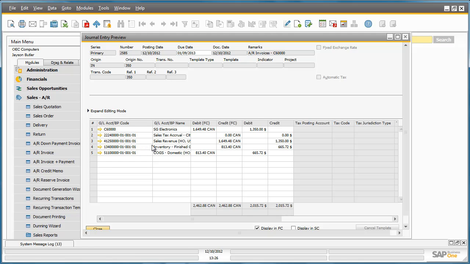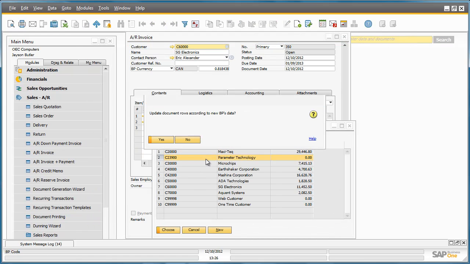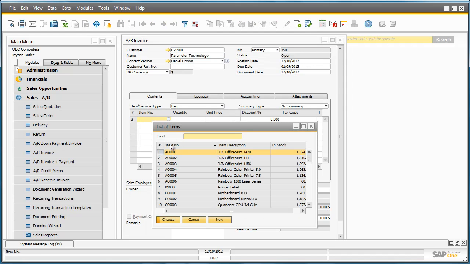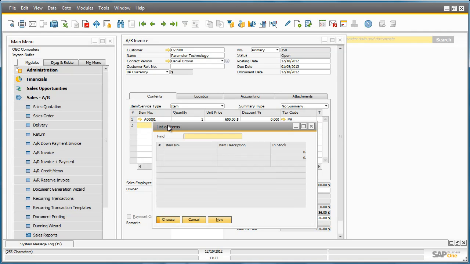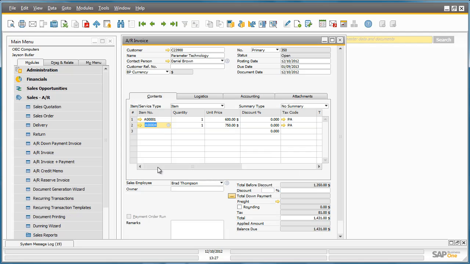Let's close this window and change the customer to a US-based customer. We're now going to select our items again. We're going to select one item from item group JB printers and another item that's not part of the JB printer group. If we now preview the journal entry again,